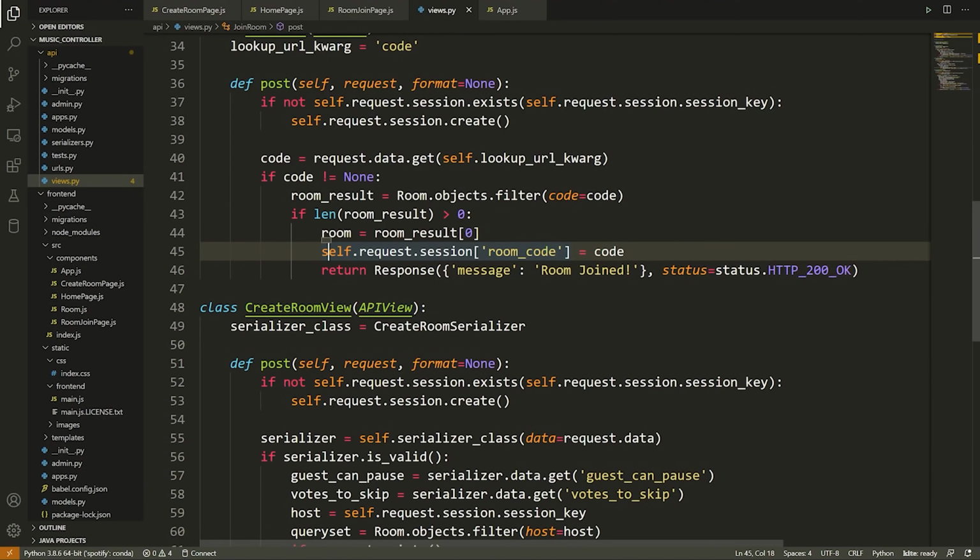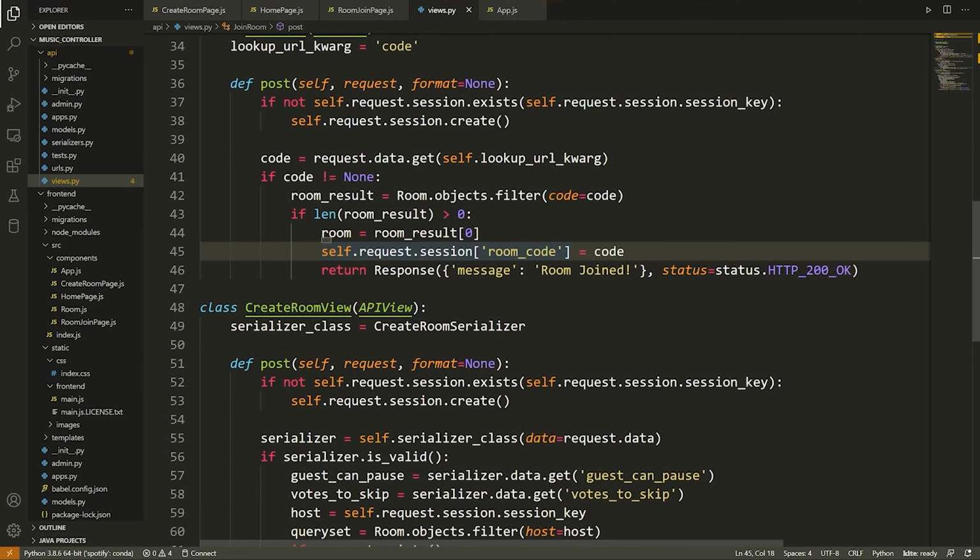Just to quickly clarify the syntax here, essentially what we're able to do with sessions is store information relevant to each individual user or session. By saying self.request.session and then typing in room_code, what I'm really doing is creating a kind of temporary storage object called room_code that is equal to whatever the value of the variable code is.